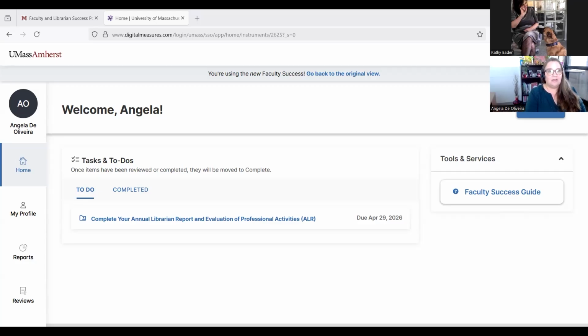And today we're going to look at how you do the submission and your workflow for the annual librarian report. When it is time to do your ALR, you will receive an email prompting you to go and log in to the Faculty and Librarian Success portal to submit. Or you can go directly to the portal. That's what I'm going to do so you can see where the login is and how to navigate through the